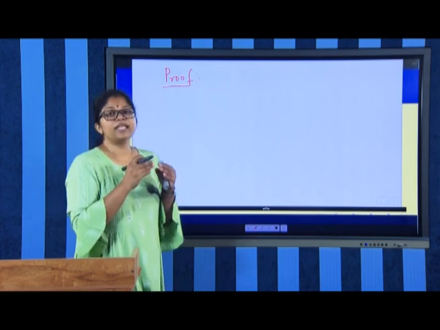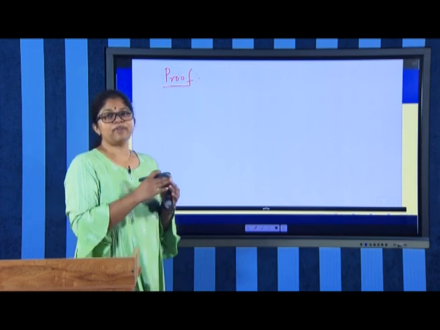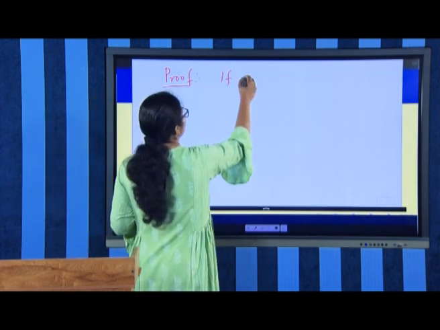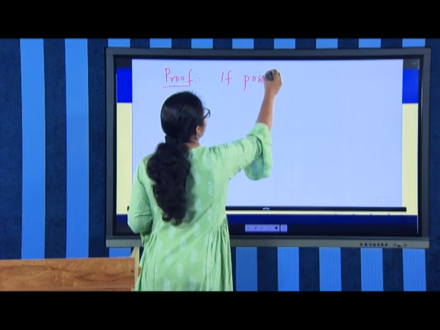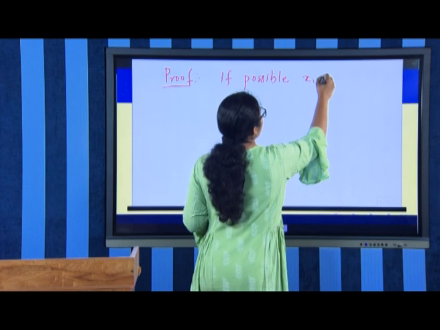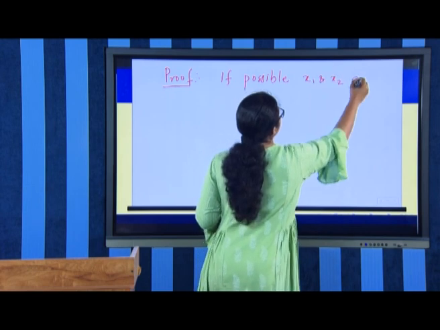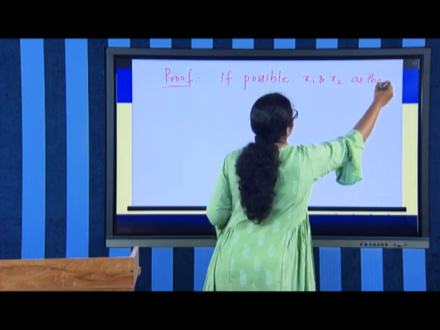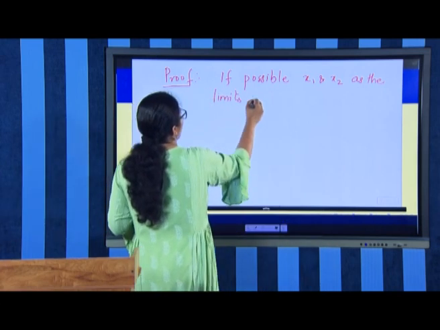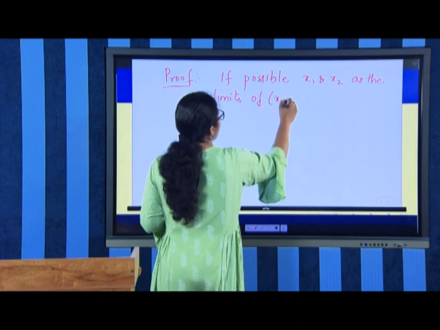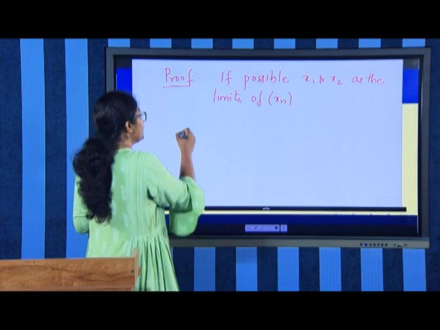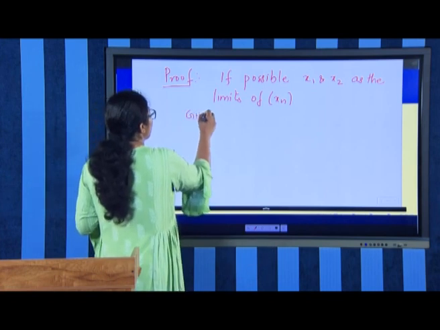So, in order to prove that the limit is unique, as always we will take two limits. Suppose, if possible, let us take x1 and x2 as the limits of a sequence xn. Then, by the definition of limit, given an epsilon greater than 0,